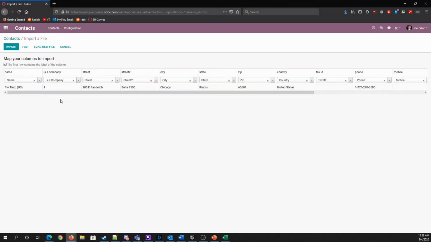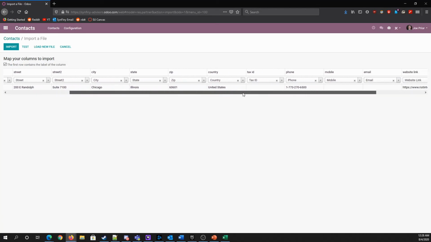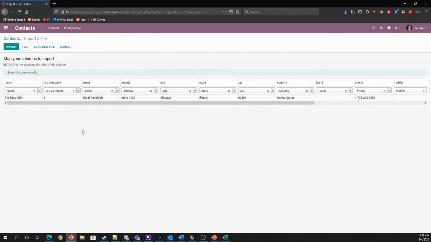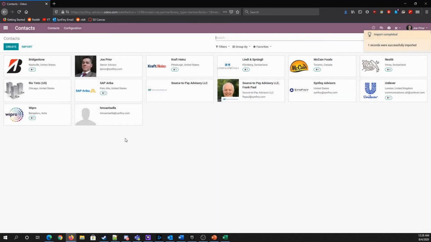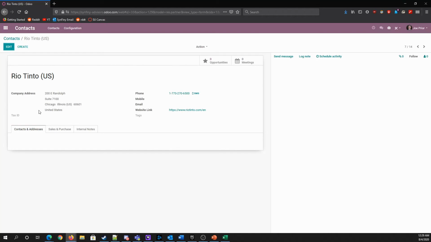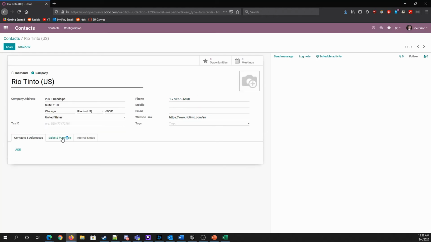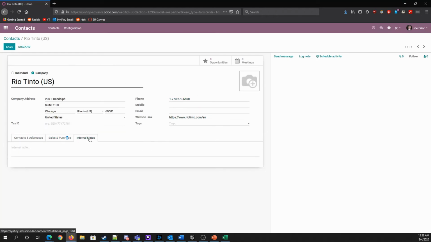Boom, everything lines up. Is a company, 1. You see how it already matches up with all of these files, and we should test it. And everything is valid. So let's go ahead and import that data. We've created a new contact, Rio Tinto, if we edit it. And we can start adding internal notes here, or adding some contacts, because